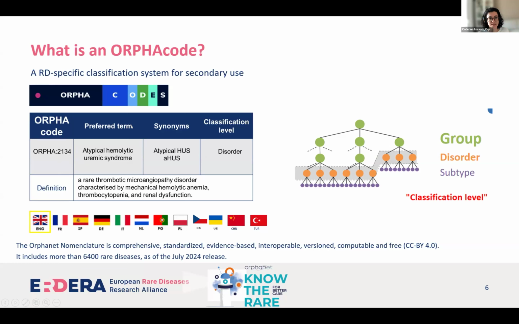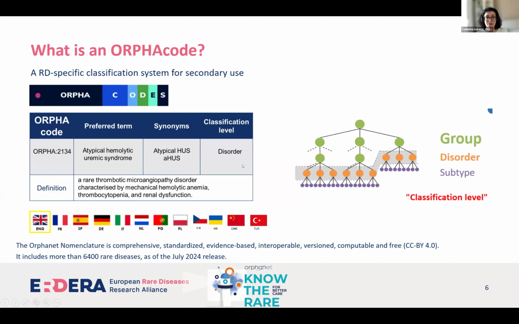We always have a preferred term for every Orpha code. That is the main name of the disease. That is generally what is used in the nomenclature and in the literature as the preferred term to call a disease. But then we also have synonyms associated, as many as needed. The most important thing is that synonyms represent exactly the same concept as the preferred term. I like to say that they represent exactly the same patient population as the preferred term, and they are just a different way of calling the same disease.